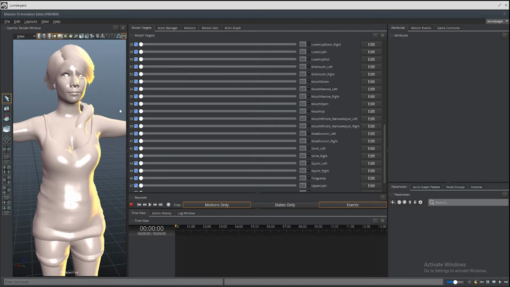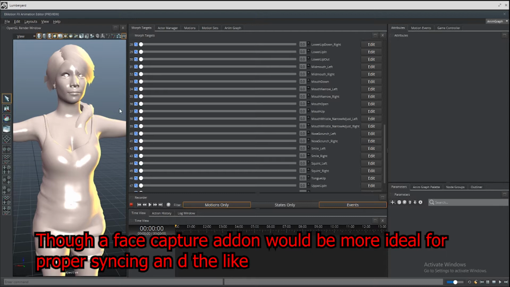Well, I hope you guys enjoyed this quick tip, taking a look at how we view our morph targets or blend shapes. Again, I will have a future video where we access these values through the animation graph for more